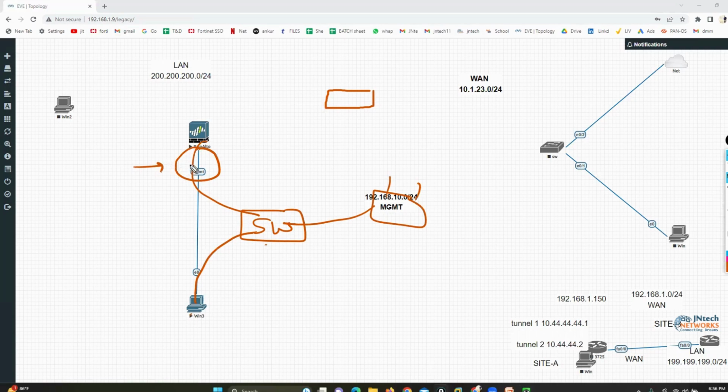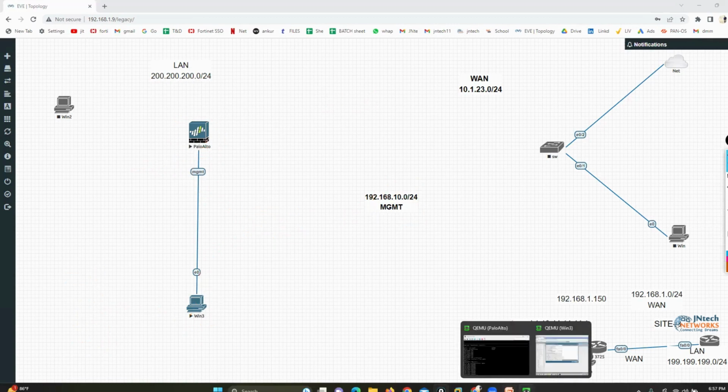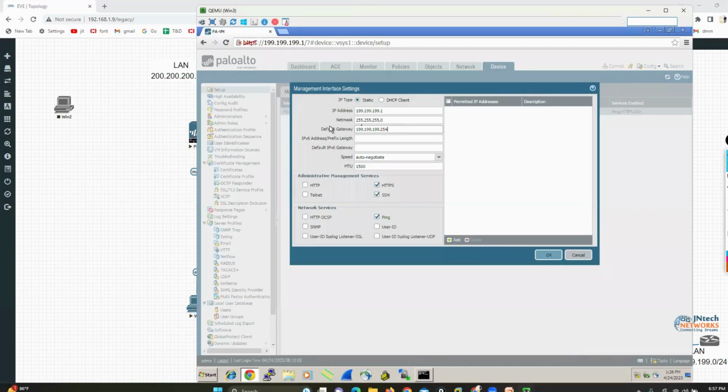DNS entry also. For example, if this inside machine is trying to communicate with google.com or facebook.com, this machine requires an IP address, mask, gateway, and DNS entry, right? Primary DNS server entry, secondary DNS server entry. Same, if this Palo Alto box is trying to go to updates.paloaltonetworks.com to download the latest signature updates, it also requires a gateway and DNS entry. So for the gateway entry, you can type it here